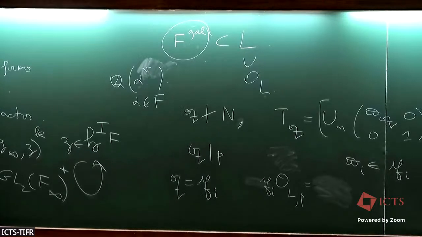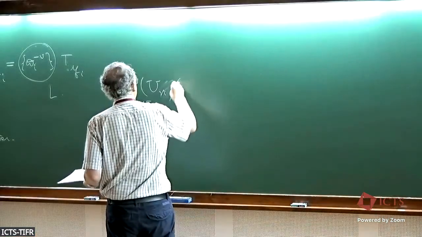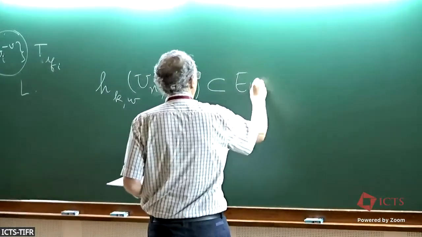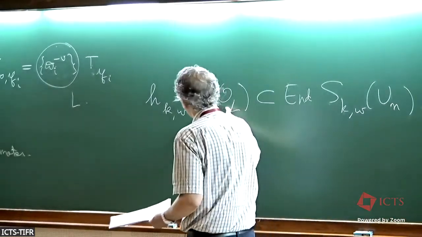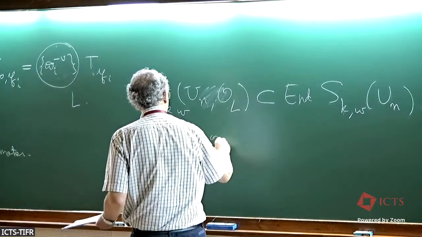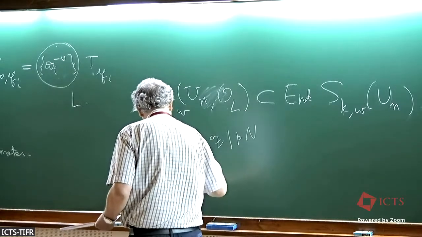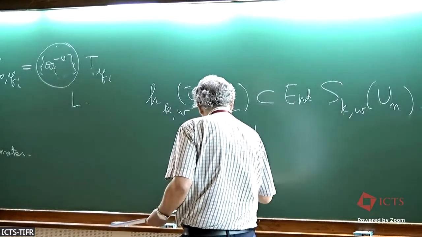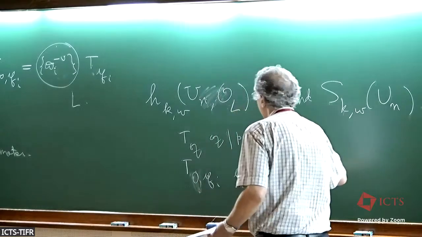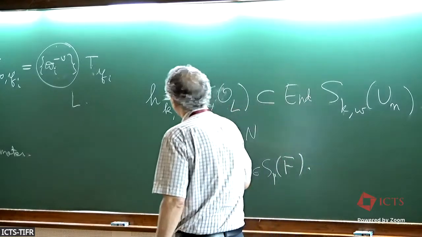you look at the part where, so you define the Hecke algebra as the H_{K,W}, it is a sub, so of level U^N and with coefficients in O_L inside the endomorphisms of the space S_{K,W}(U^N). So it's an O_L algebra generated by the T_Q for Q prime to Np and by the modified T_{π}, so U_0(π), for the π in S_p(F). And so the point is that by this modification, if you take the